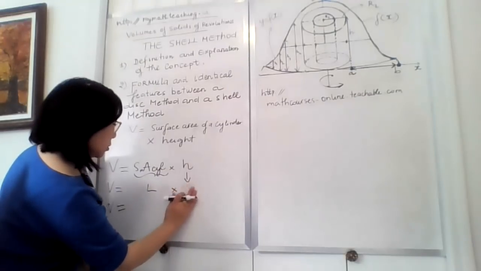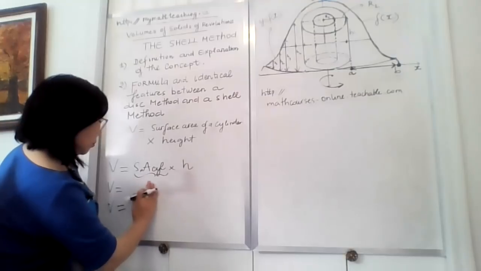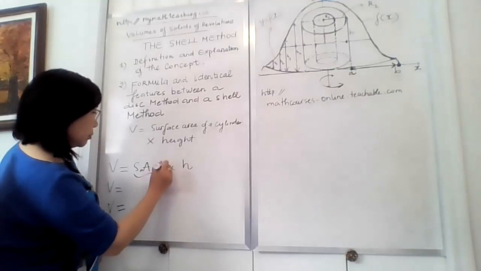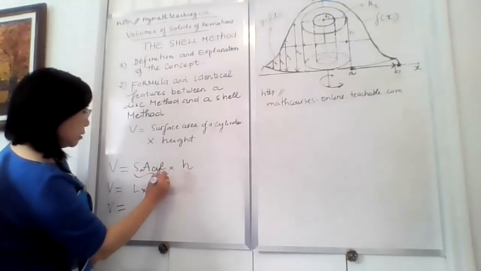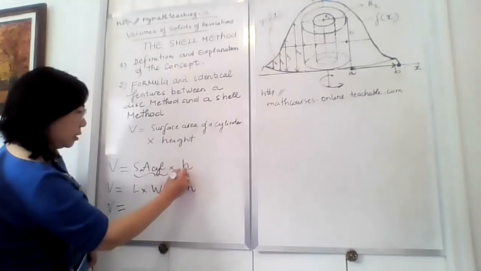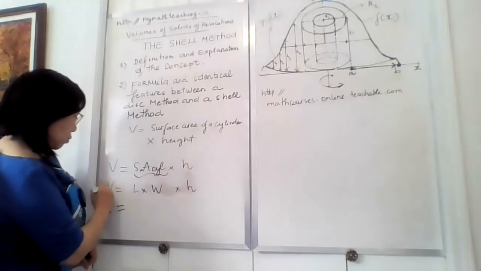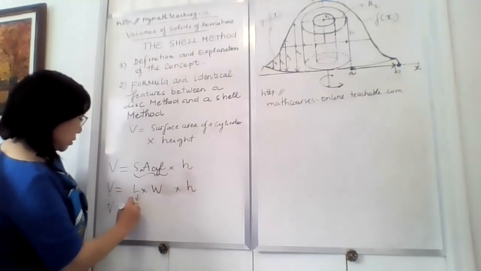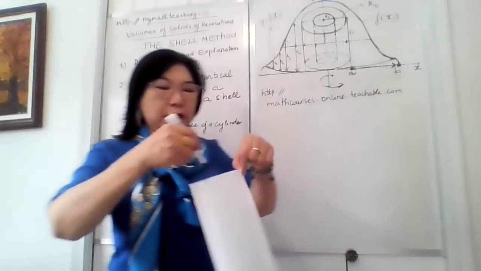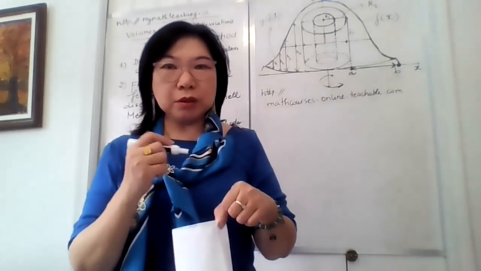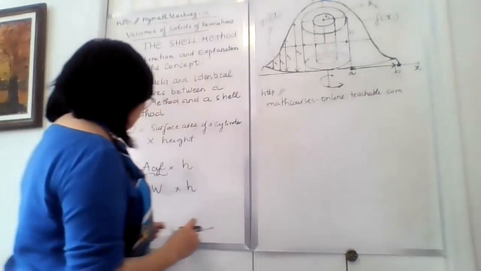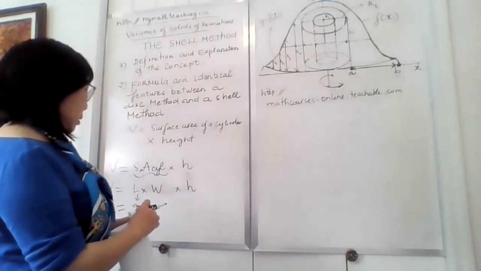Okay, actually, sorry. What I'm going to do is just talk about this part first, right? So this will be length and width to form the surface area of the cylinder. This still has a height here, right? This height is still there to make a volume, right? So the length here will be substituted by the perimeter of a circle, which is 2 pi r. The formula to find the perimeter of a circle, or the circumference, is 2 pi r. So I just substitute one by one step, right? So I substitute the length here by 2 pi r